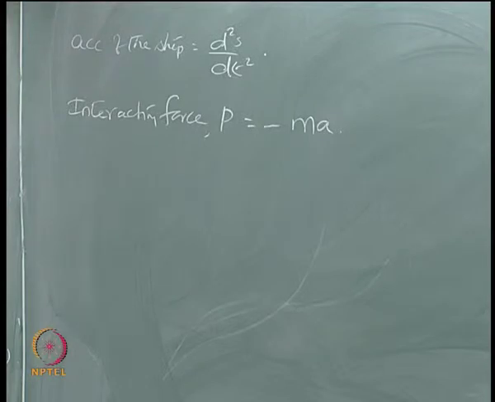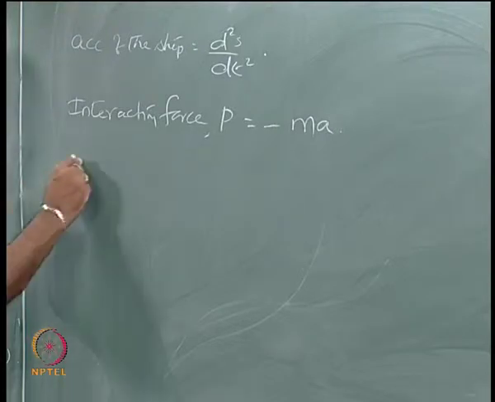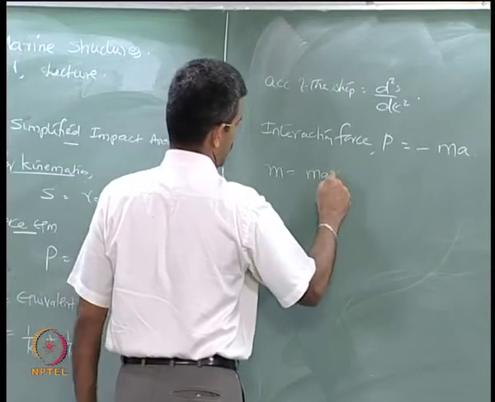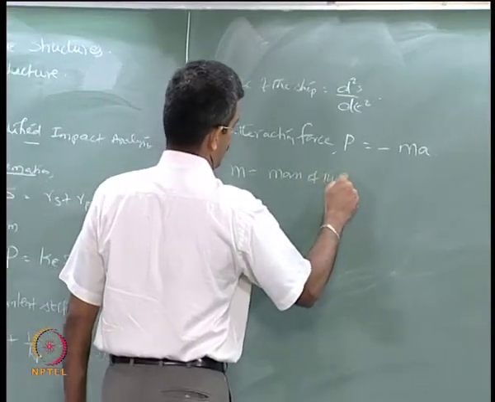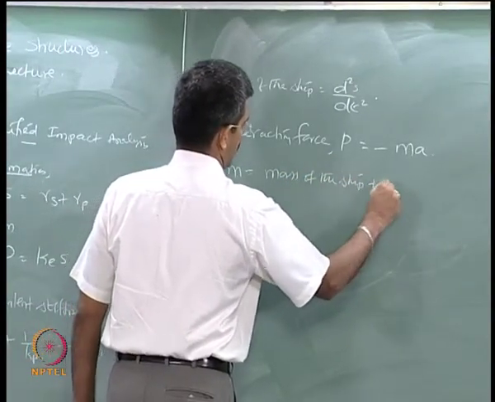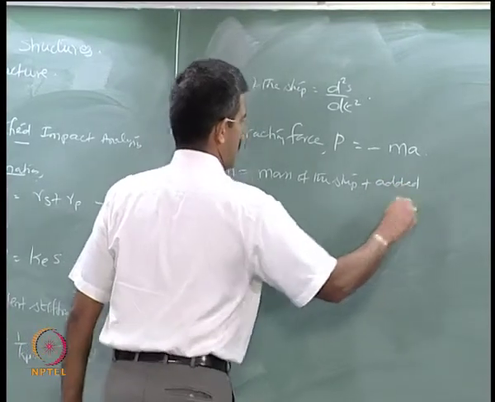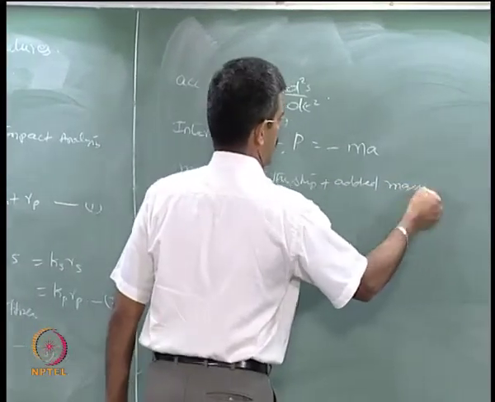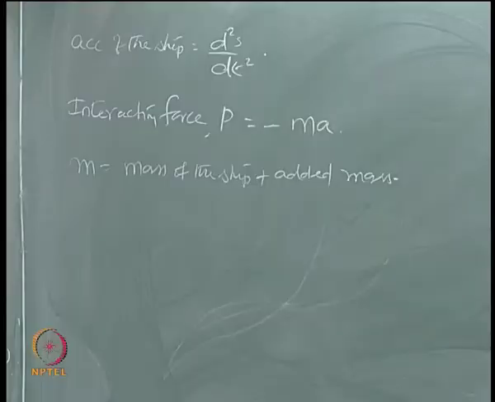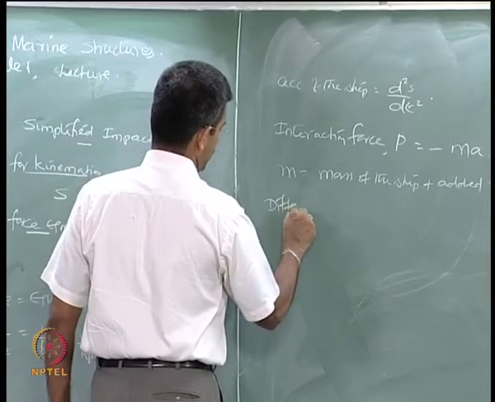I can now write the equation of dynamic equilibrium of this, where m is nothing but the mass of the ship plus added mass. So, the differential equation for impact is given by